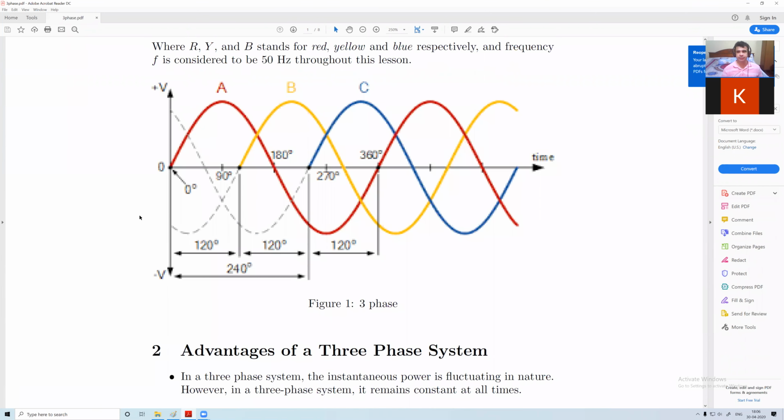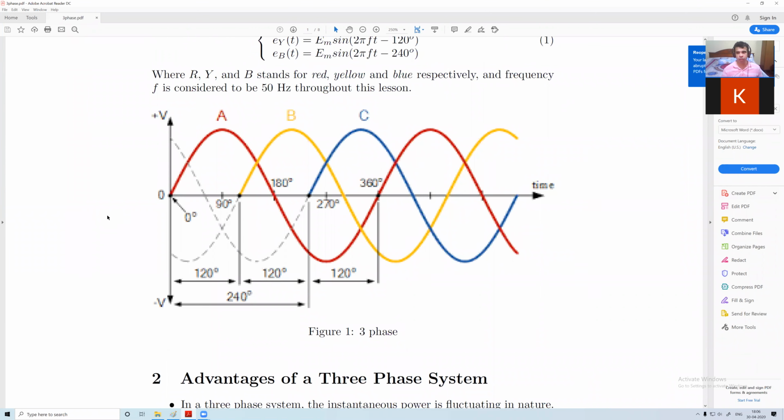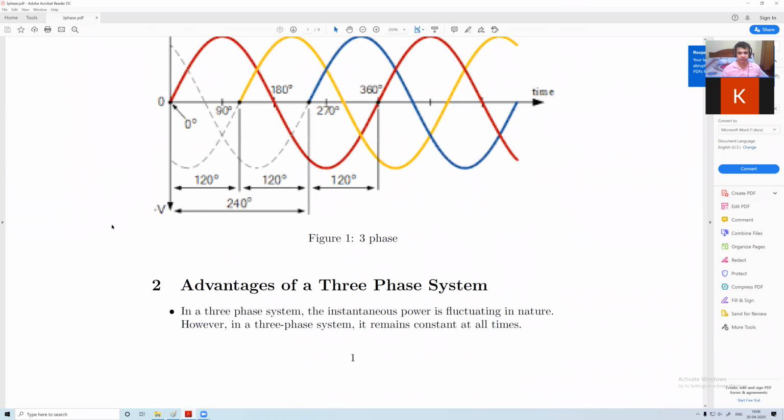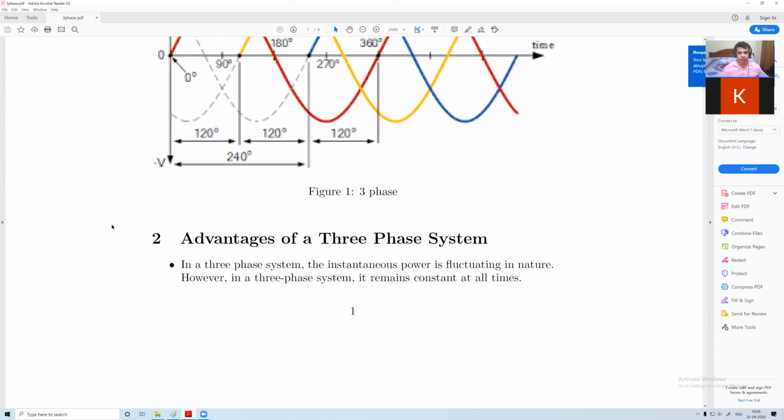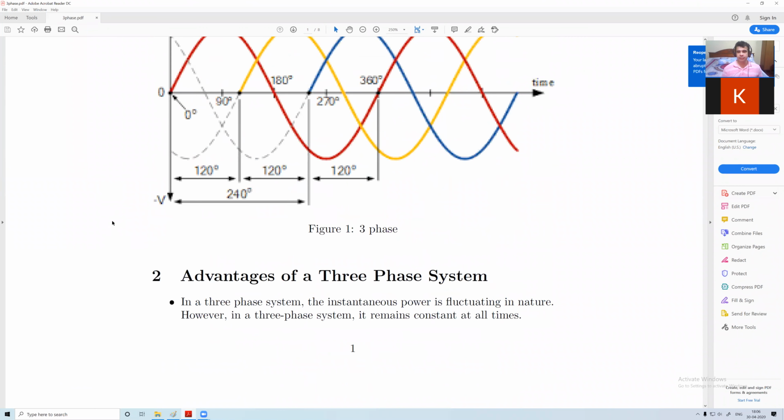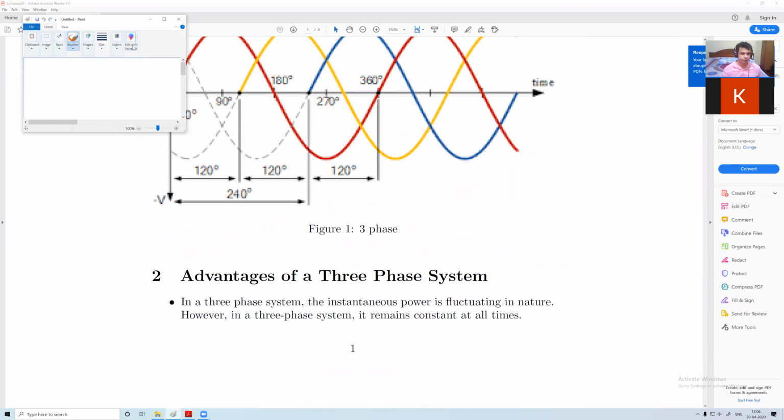So why three phase? Why not one phase? Some of the advantages. The instantaneous power, as we had seen for single phase, right? What was it? That P(t) equal to i square(t) R. So obviously, as i square(t) varies, the power P(t) varies, right? However, if you check for three phase,